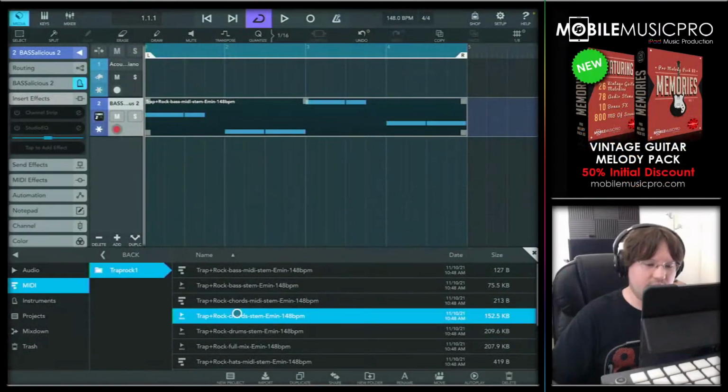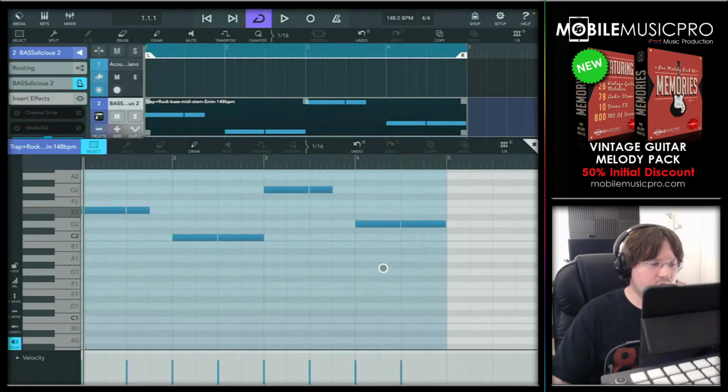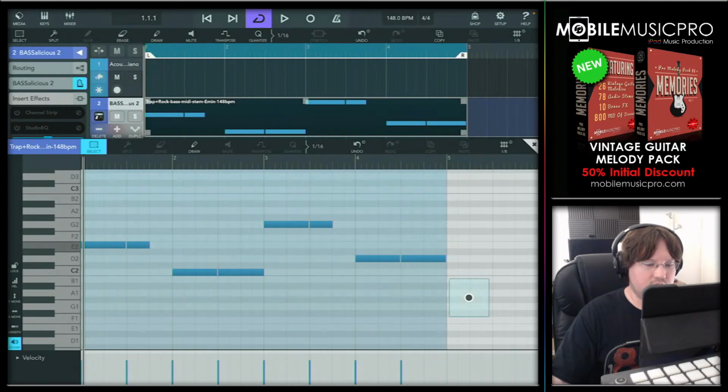Uh-oh. Not on the right screen. That's fun. Drag the root that was C1 to G1, and it should still stay in key. Yeah, we could do that as well. Instead of the C,